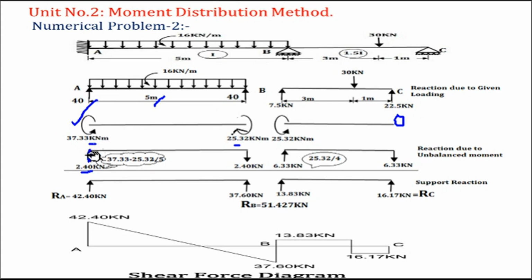Now show the arrow or direction. So how to show the direction? Show it in such a way that when it rotates, it will add to the minimum moment. So if I show it up, what happens? This will rotate and add to the 25.32. So it should be rotating in the same sense as 25.32 kilonewton meter. So this is rotating clockwise. So the arrow should be up, so that it will add there. That's why this arrow is shown up and located just below the maximum.